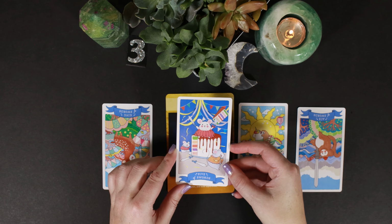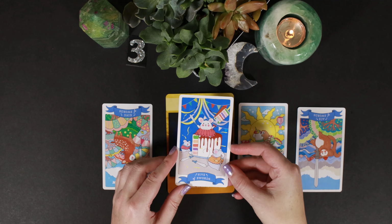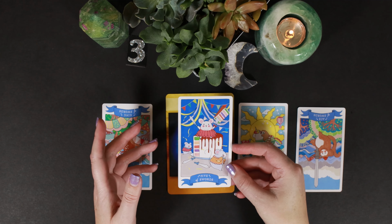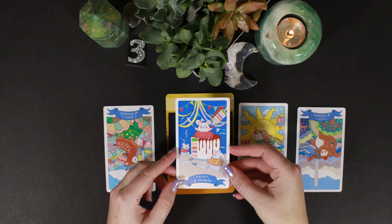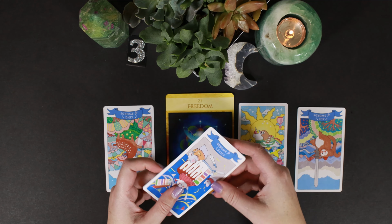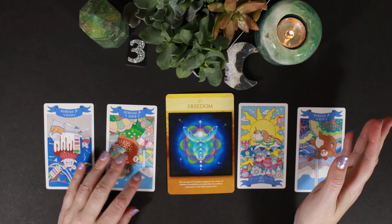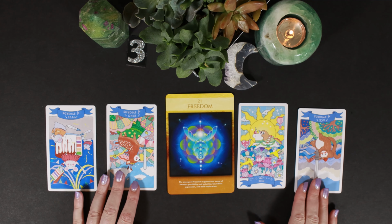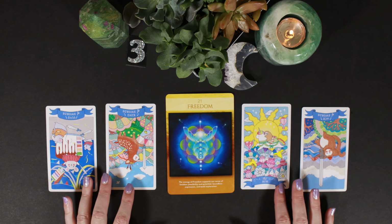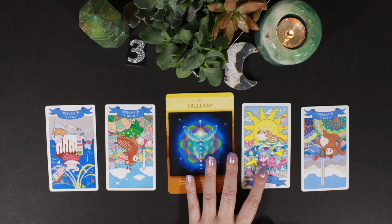So choose your battles wisely. Choose who you listen to wisely. You don't have to, again, show up to every battle that you've been invited to. You post something on the internet, somebody takes it completely the wrong way. You don't have to sit there and argue with them. Who cares? The Five of Swords reversed is like, nah, I'm not concerned about that. King of Swords reversed, that might be somebody who is an internet troll coming in and trying to...